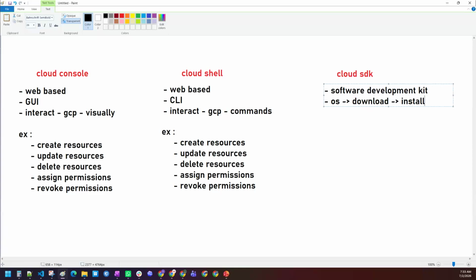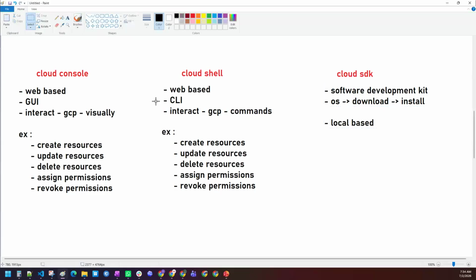So this is something that we have to do. Because what is SDK, sir? It is not web based, it is local based. The rest of all the things are the same as Cloud Shell.